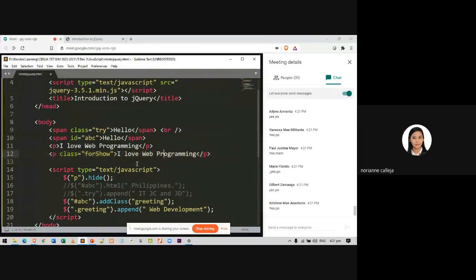I want you to create a line of code for showing these elements' content. This will be your last task. Create a line of code for showing these elements' content.